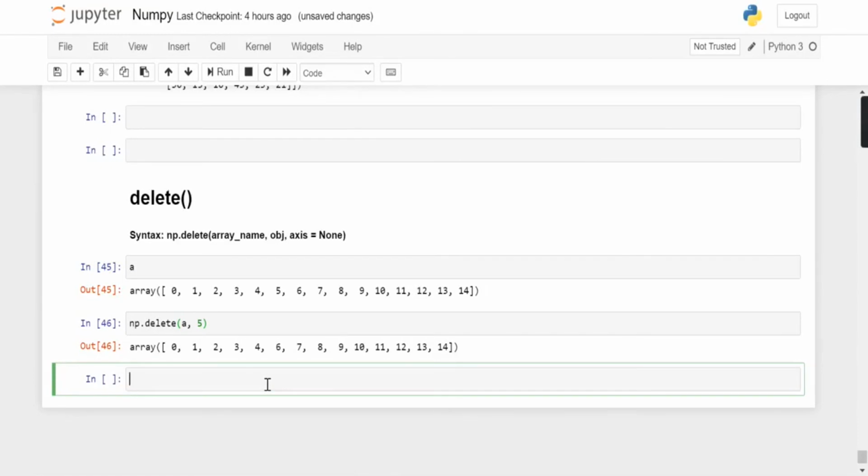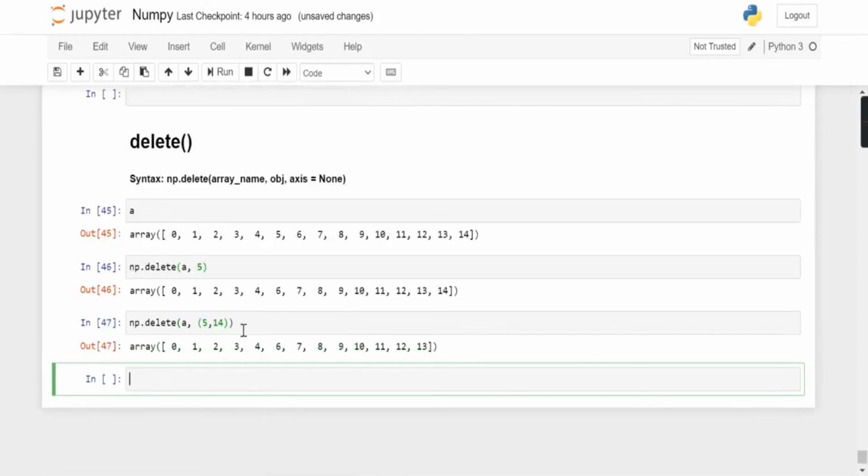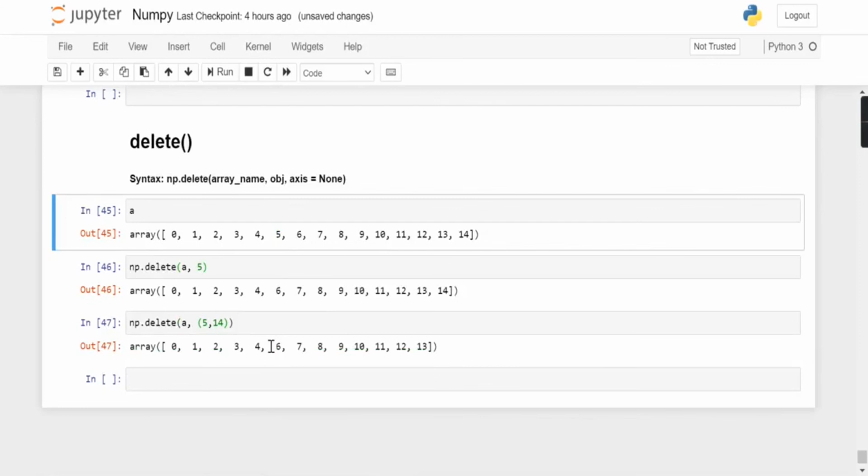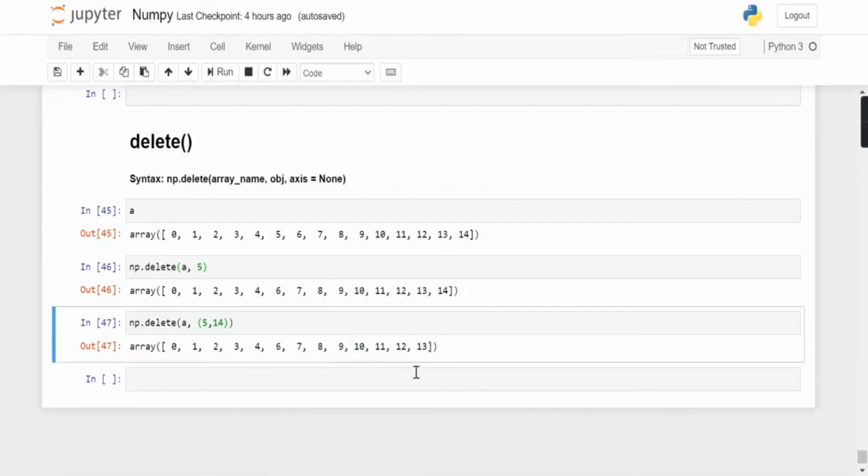Now I want to delete a couple of values. Let's say I want to delete 5 and 14 at the same time. So np.delete A, 5 and 14. Now when I run it, both values 5 and 14 are missing.